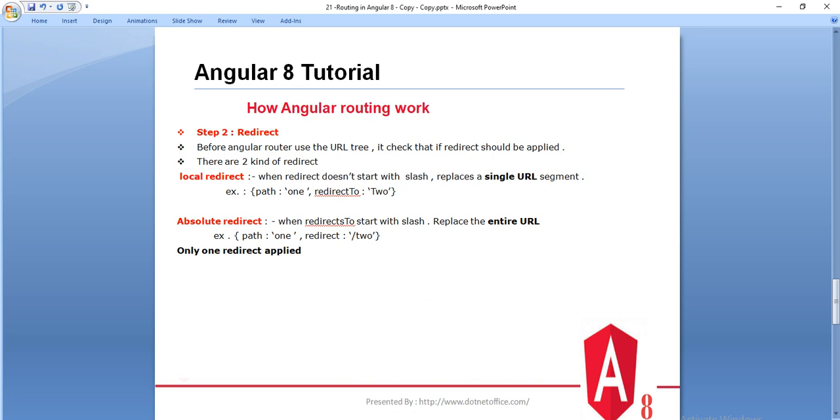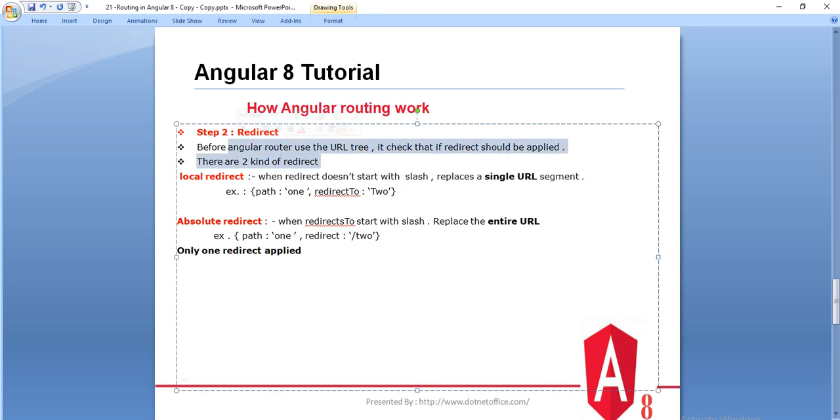briefly. And the next step is redirect, after parsing the URL into the tree. Before navigating to the URL, Angular checks some validation for that URL. There are two kinds of redirect. First is the local redirect: when the redirect doesn't start with a slash, then it replaces a single URL segment, like if path is one, then it redirects to two.